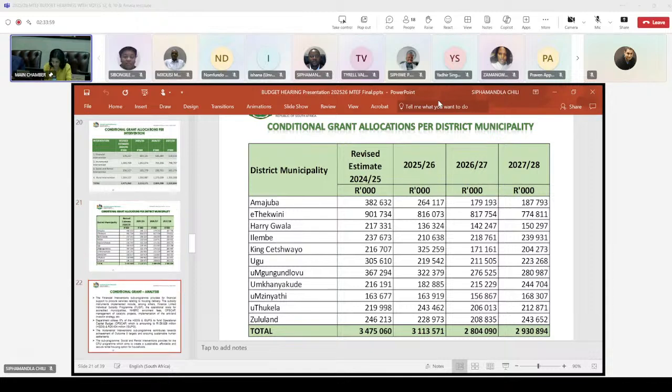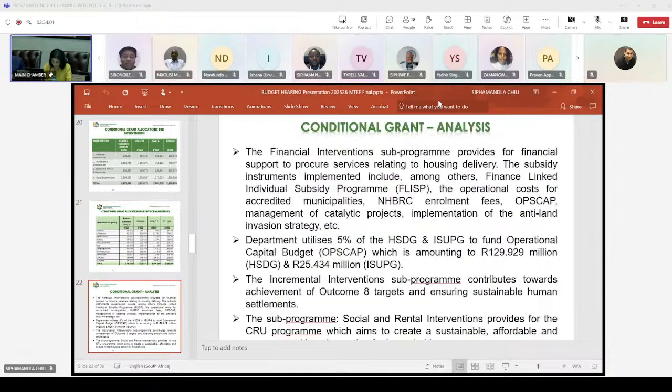On slide 22, the Financial Interventions sub-program provides for financial support to procure services relating to housing delivery. The instruments that we use include, amongst others, the Finance-Linked Individual Subsidy Program, which is FLISP in short, the operational costs for accredited municipalities, National Home Builders Registration Council enrollment fees for all our projects, the operational capital budget, the management of catalytic projects, the implementation of the anti-land invasion strategy. The